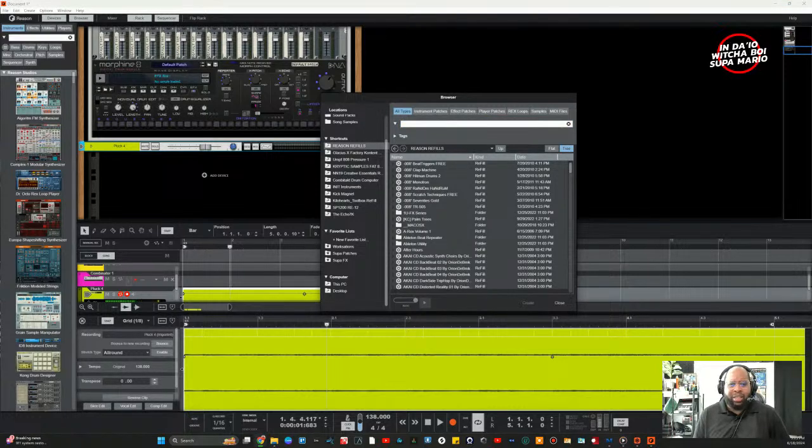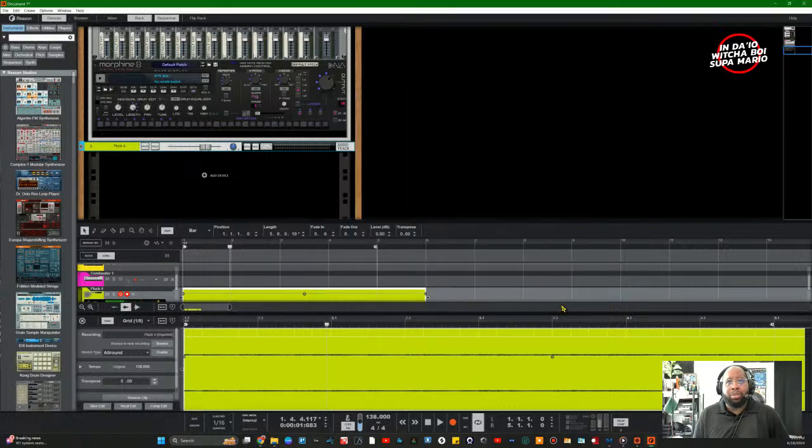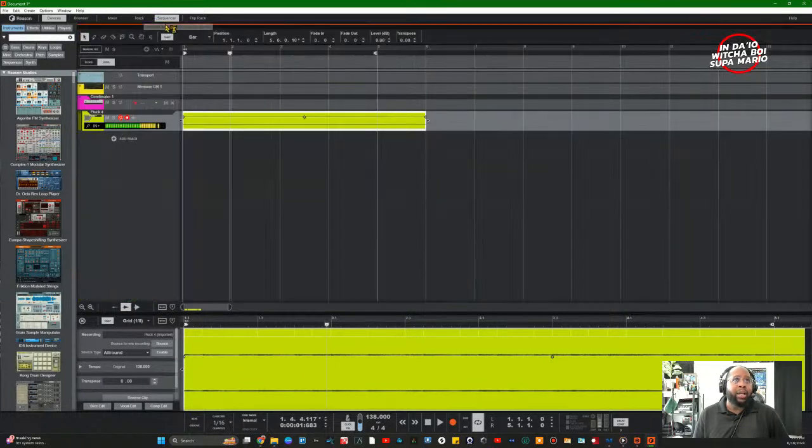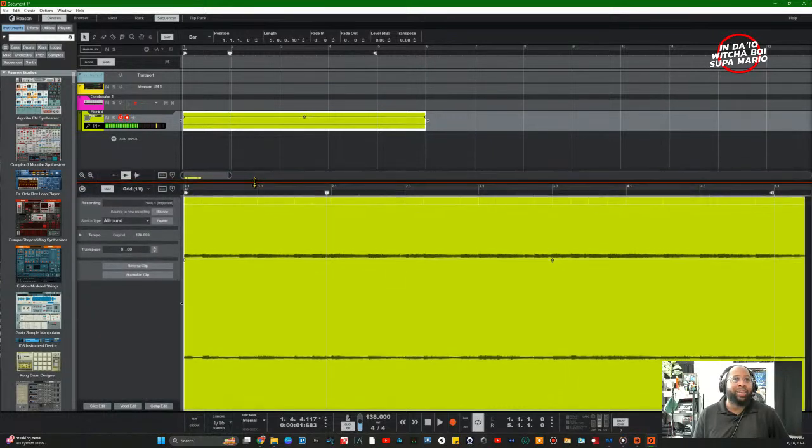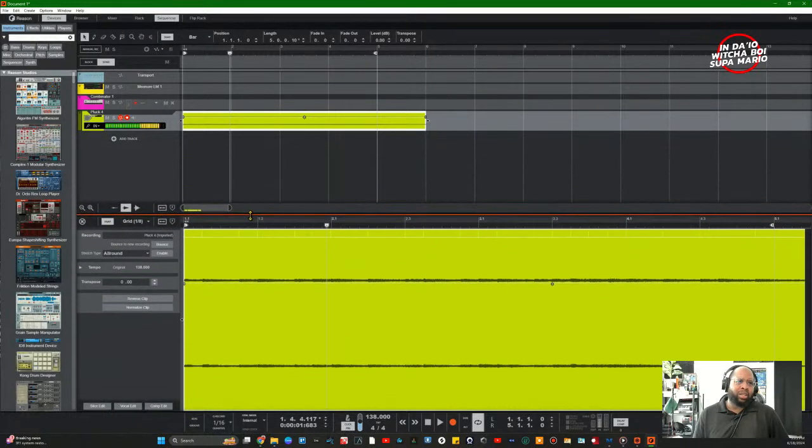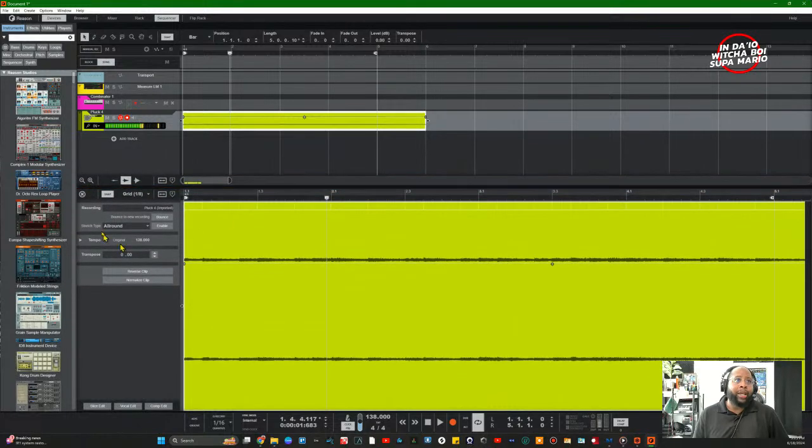So let's go ahead and check out the sequencer and everything like that. We're gonna go ahead and close this browser window, and if I'm saying whatnot, I apologize. All right, cool. So we have this window right here, and it looks like we have an imported